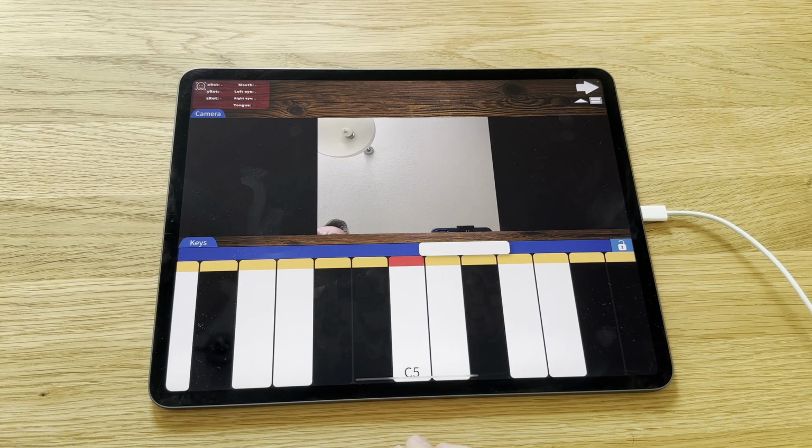In this example, the strings are still controlled by sliding on the keys and the brass is controlled with my